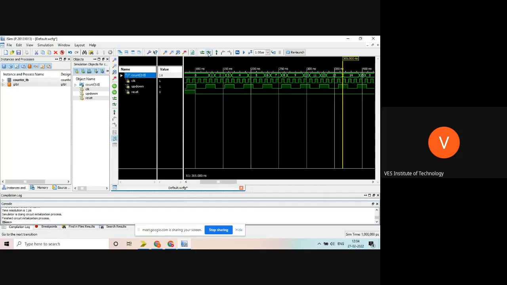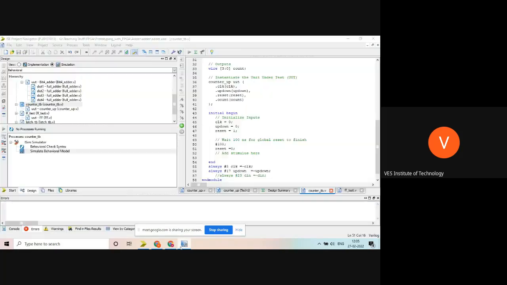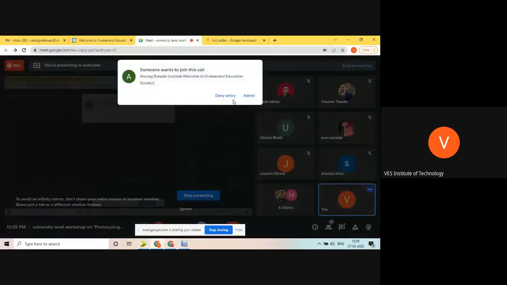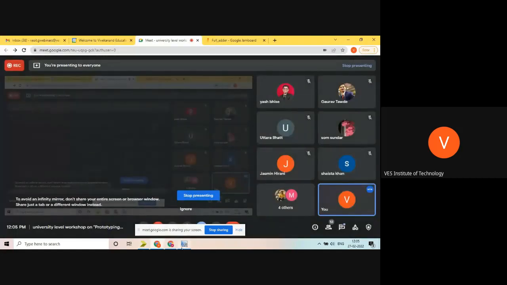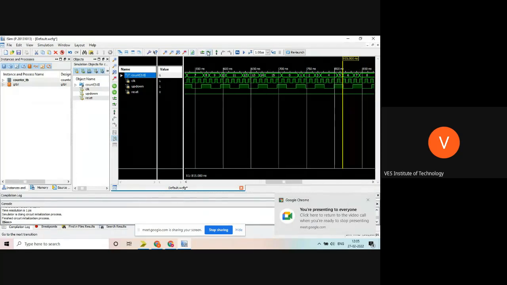You can see it is changing at different times. The reason is that the enable is set that way. If I set the enable properly, it will change at similar intervals. Right now the enable is changing at a different time, so that's why the results are like that. So this is a counter.